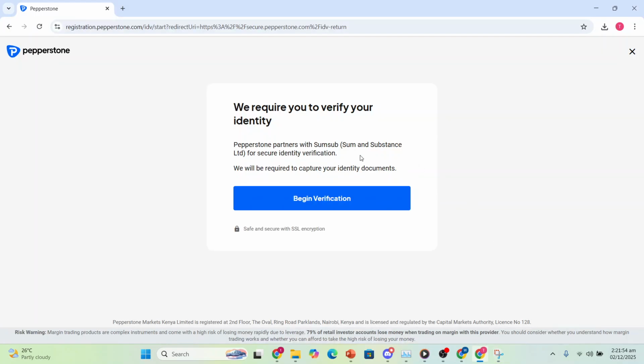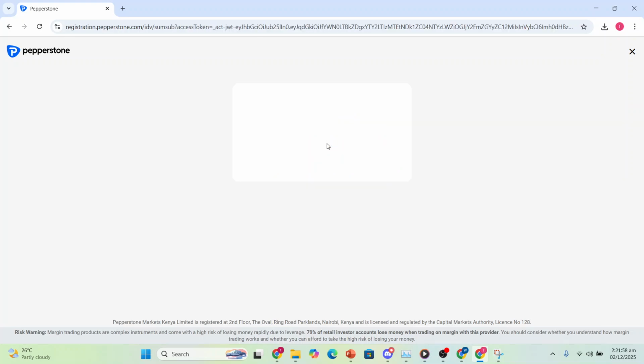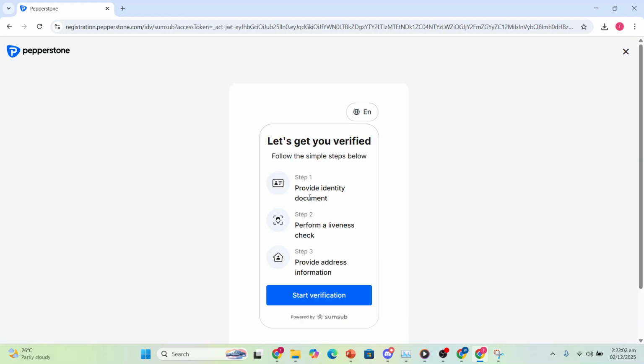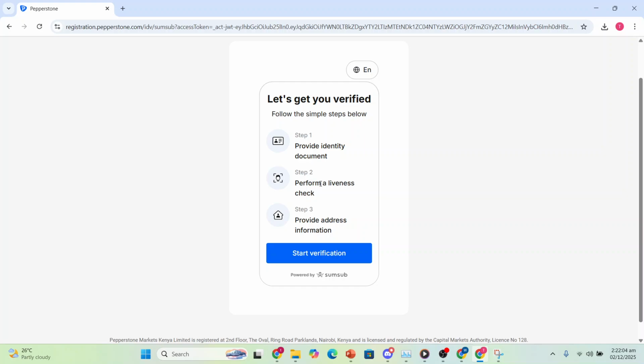In that case, what you do is you come here, click on begin verification, and all you need to do after that is you need to go ahead and provide your identity document, right? Go ahead and submit your ID. You submit photos. After that, you'll do a liveness check. They will go ahead and scan your face and make sure that you are a real person,